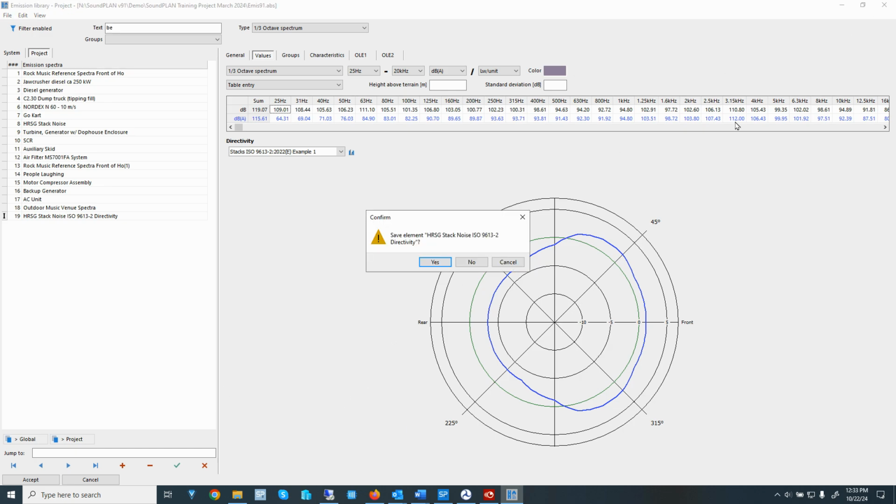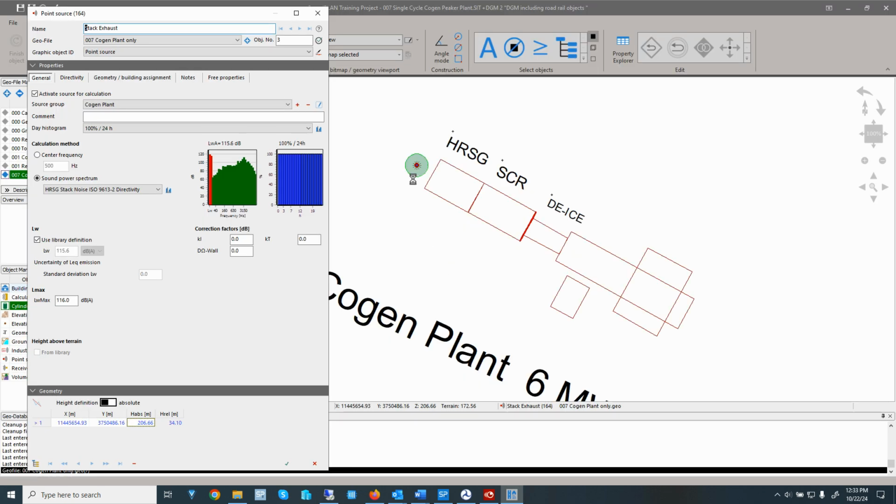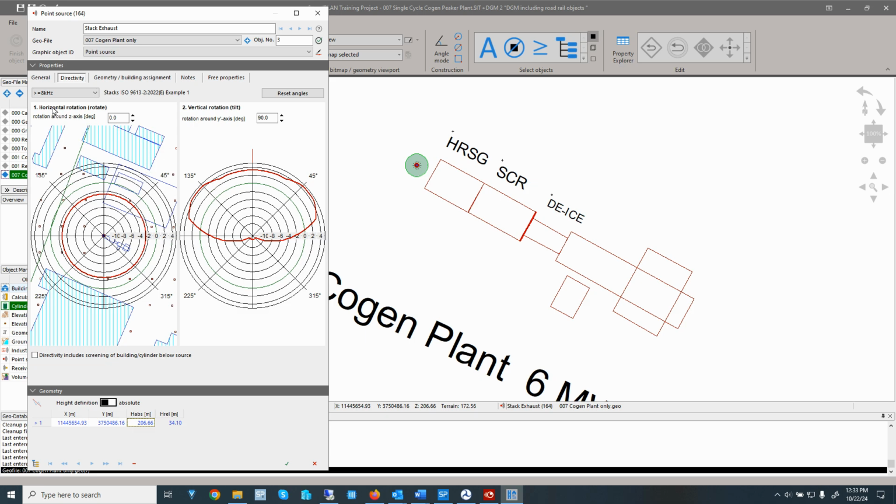We can go back to the source, the directivity of the stack, and here I just want to note that there are a few changes to the directivity. We now have a horizontal rotation and a vertical rotation. Vertical rotation for a stack could typically be 90 degrees going upwards. But if you had an oil platform, or a stack sticking out the side of a building, then in that case you may want to be able to rotate.